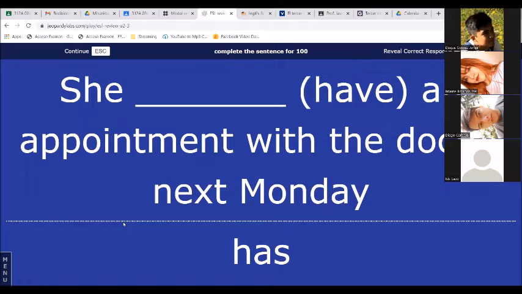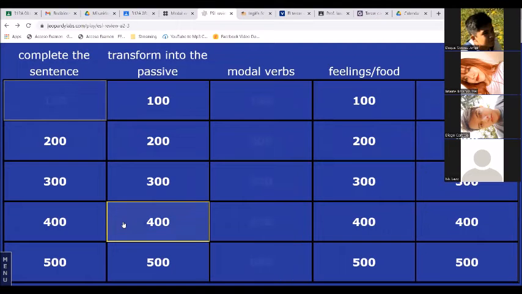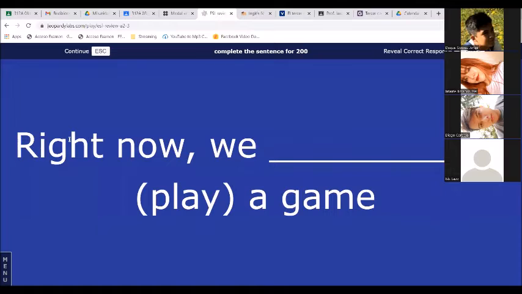Repeat. She has an appointment with the doctor next Monday. Good job. All right. Back to you, Emiliano. Your verb is play, but your time is right now. How would you transform that verb for this sentence? Right now we are playing a game. Perfect. Good job.